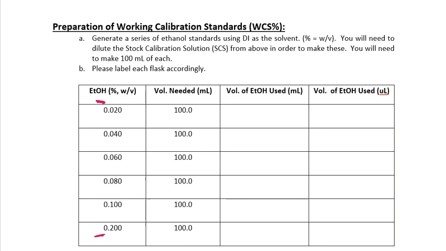That way we can process these samples and not worry about rerunning anything or remaking a calibration curve because the sample does not fit within the range, in case we get a super drunk that gets submitted to the lab. So 0.02 to 0.2, these are all in terms of percentage, and it looks like we need 100 mils of each. So divvy this up, let your group process these standards, get them prepared, get them ready,